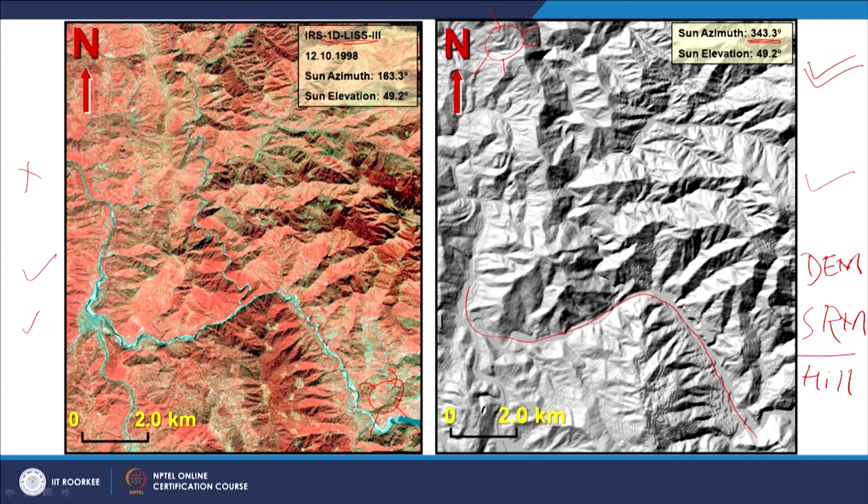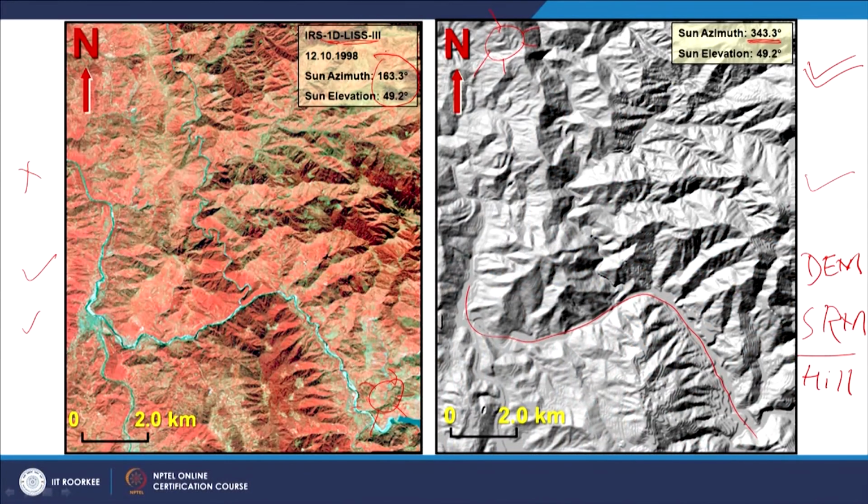Like in this case, the illumination source with reference to north is 343.3 degrees, and the sun elevation, that is the height of the sun, is 49.2 degrees. Because I wanted to get rid of FTPP, I have chosen this, which is just opposite, 180 degrees opposite of the sun azimuth here.